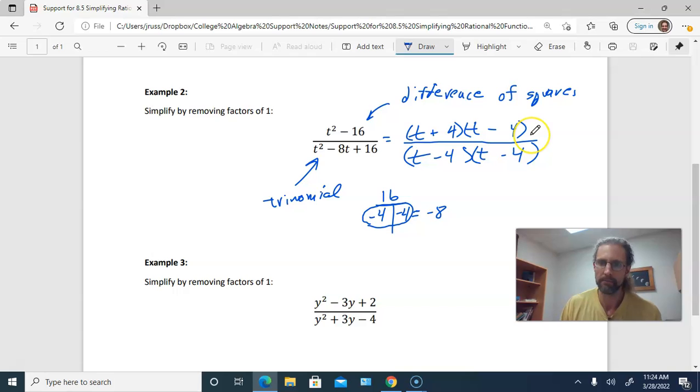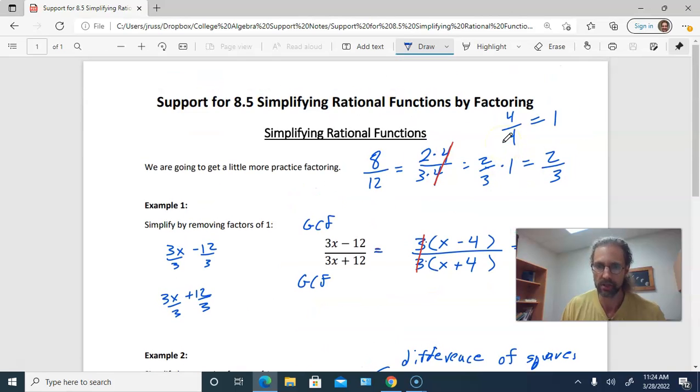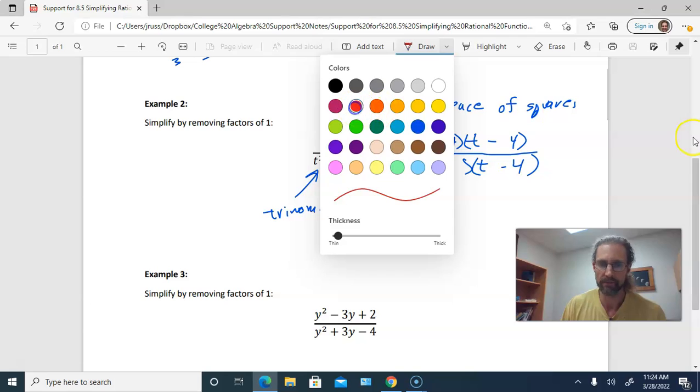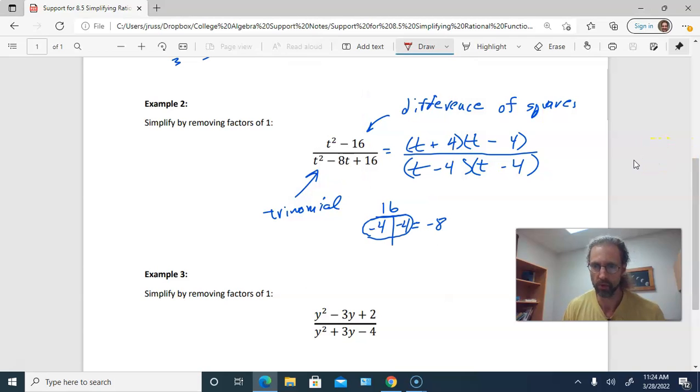And so now, to simplify this, you're looking for common factors. Okay, so if you notice, we have a pair of binomials, the 2t minus 4s right here. So we can divide those out, just like up above, how we divided out those 4s. Because that's another factor of 1, basically, or a form of 1. So if we divide those out,